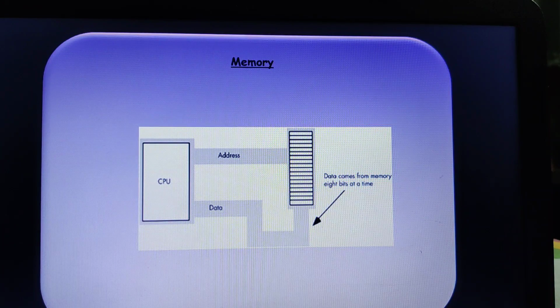Internal memory actually includes the registers, cache memory, and primary memory, which is again the RAM and the ROM, which is directly accessed by the processor for the processing purpose. So this internal memory is usually used for the temporary storage of data and instructions on which the processor is currently working, as I have already explained.